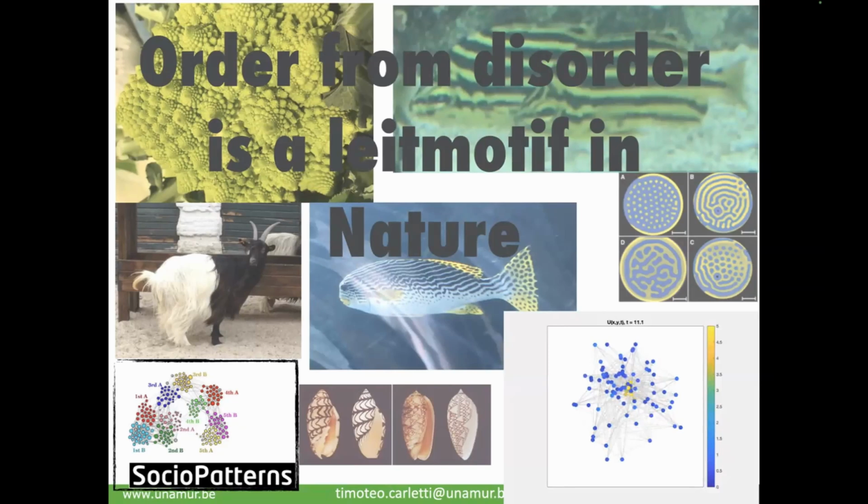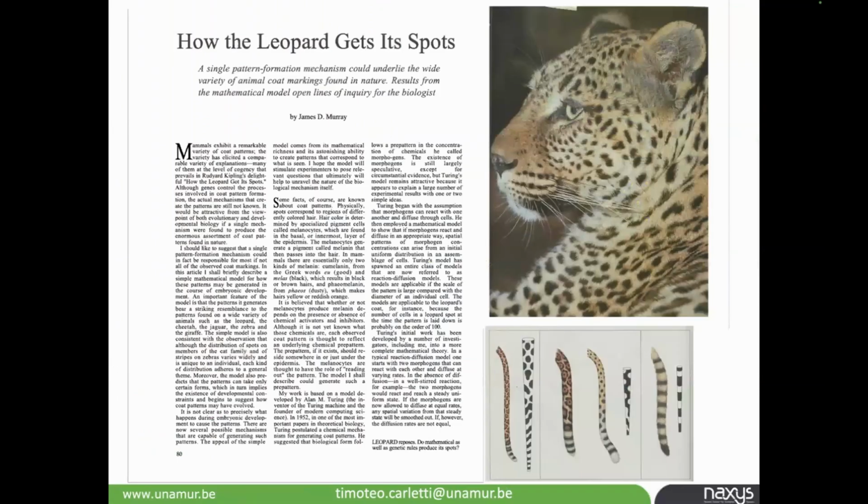So the idea is to try to understand which can be the underlying model that is able to reproduce this kind of behavior. Today I will be more interested in the spots and stripes on the coat of animals. I took this paper by James Murray. He also has a very beautiful book where he explains the theory behind. And one of the results that I think is interesting, because it's really mathematics that can provide some answer.